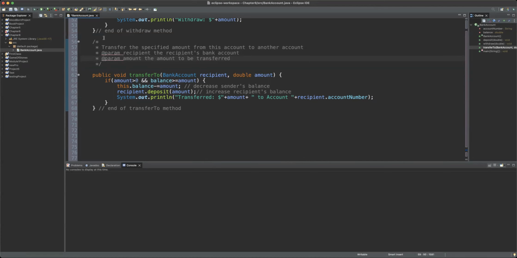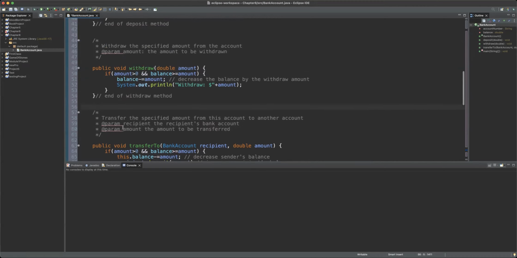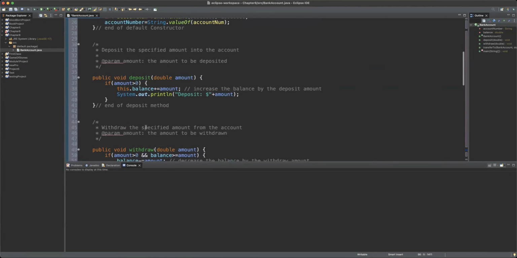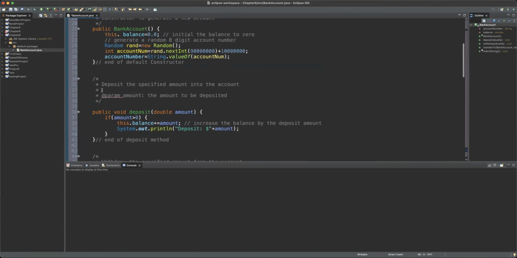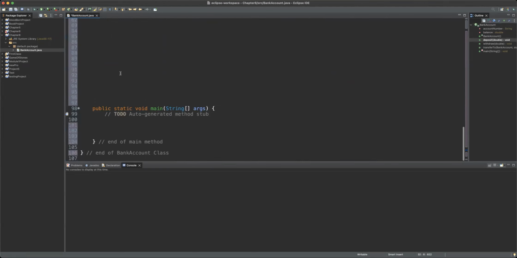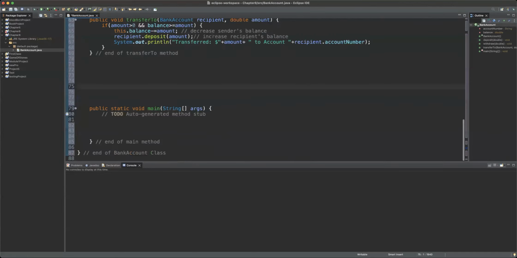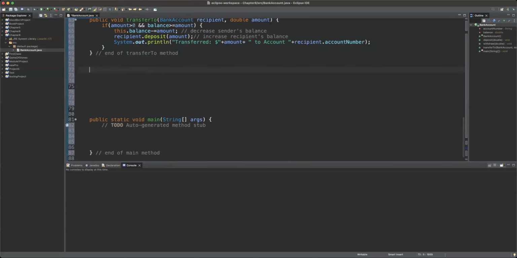Okay, so here it is. This is the documentation for this method. So now I have my three methods here. Of course, feel free to put the getters, the setters if you want. I'm just trying to save some time, so I'm going to skip that. So we are doing good so far. Let's see. I just want to take some space out. And let's come here, right after I'm done creating those three methods,